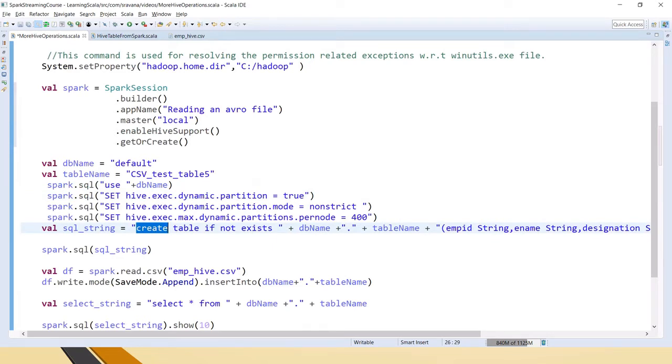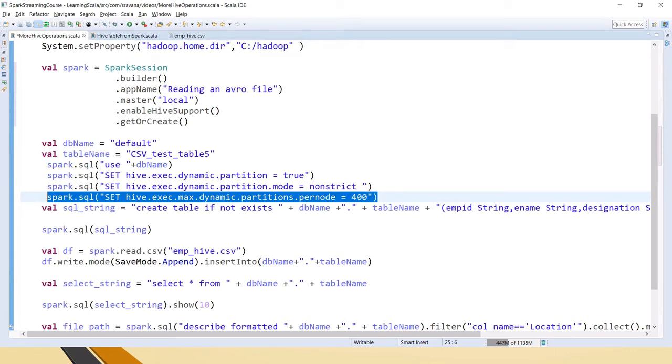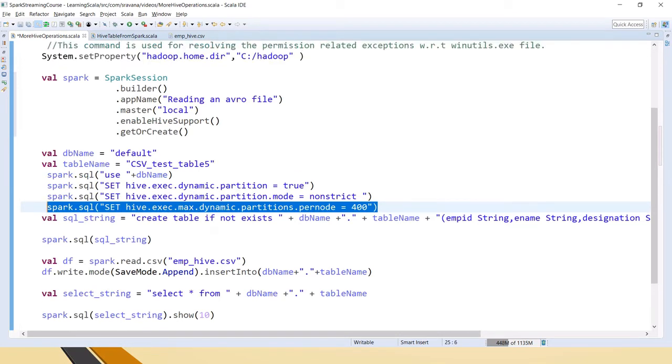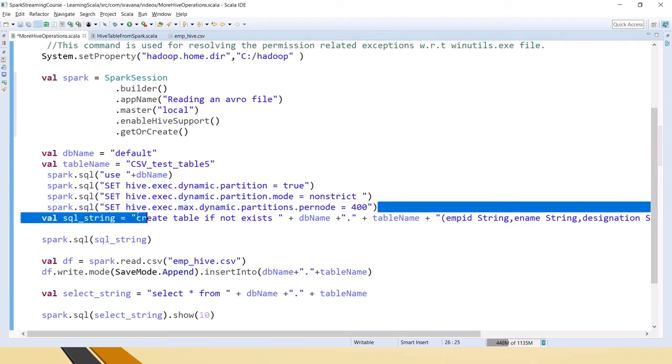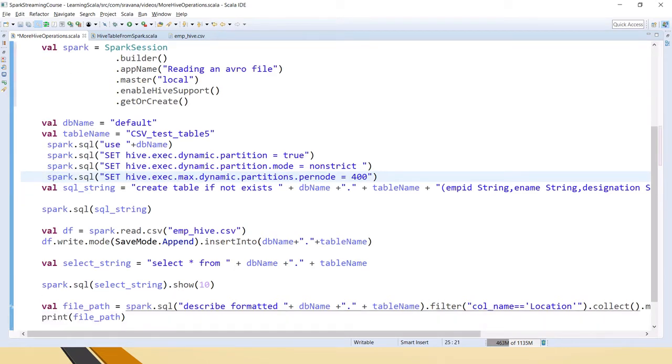table. Okay, then again if you wanted to explicitly mention how many partitions you wanted to create, this is just a sample I have given, but as per your requirement you can send that as well along with this Spark SQL. In this you can set the conf as well, and here I am using the Spark session, so I am directly sending like this.